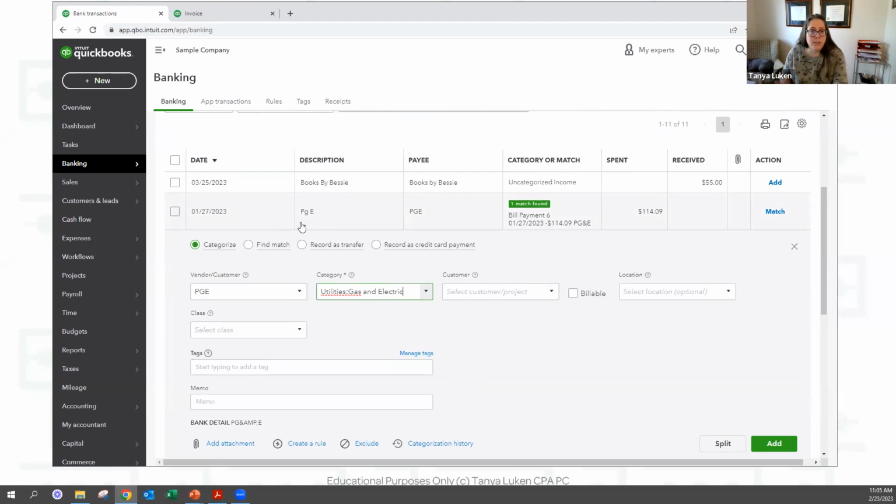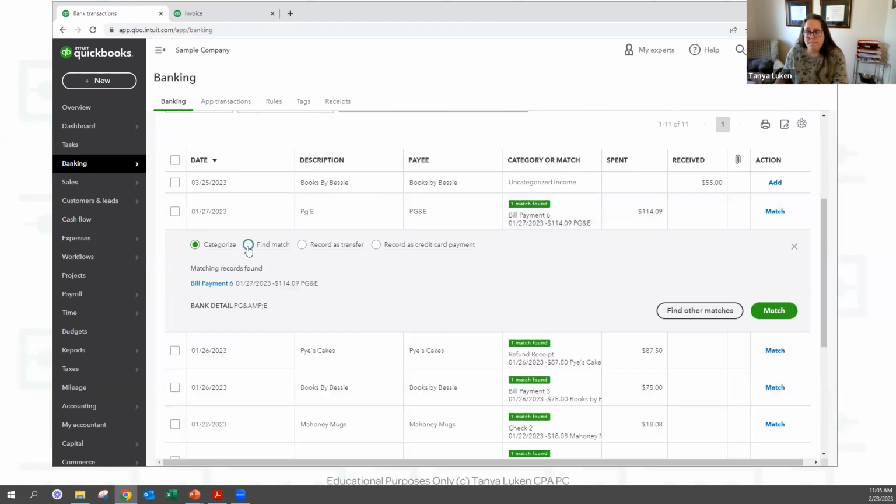So if you're behind on your accounting, for example, you're going to have to click this find match button. And then it's going to open a separate window. Maybe. Okay, it's going to make a liar out of me.